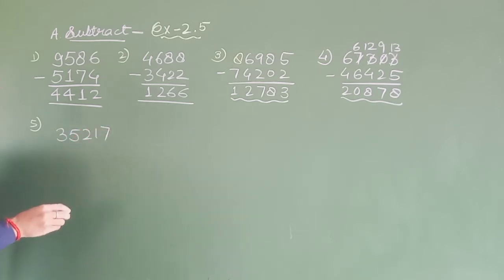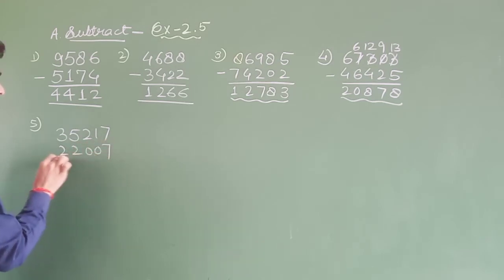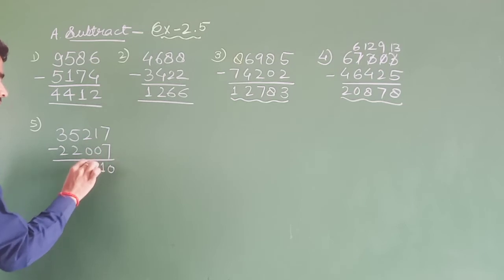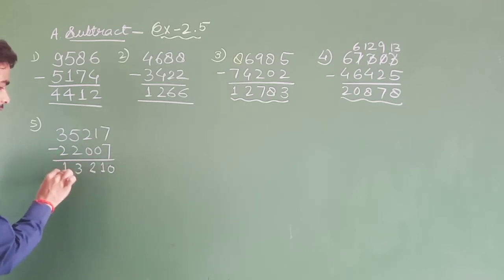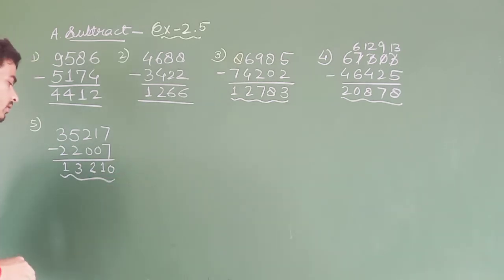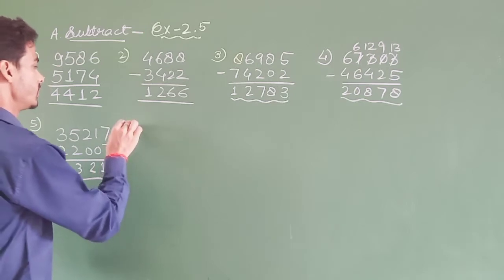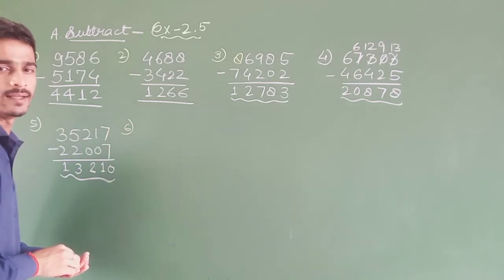Question number 5 is 35,270 minus 22,007. 7 minus 7 is 0, 1 minus 0 is 1, 2 minus 0 is 2, 5 minus 2 is 3, 3 minus 2 is 1. So the answer is 13,263. And now question number 6 is